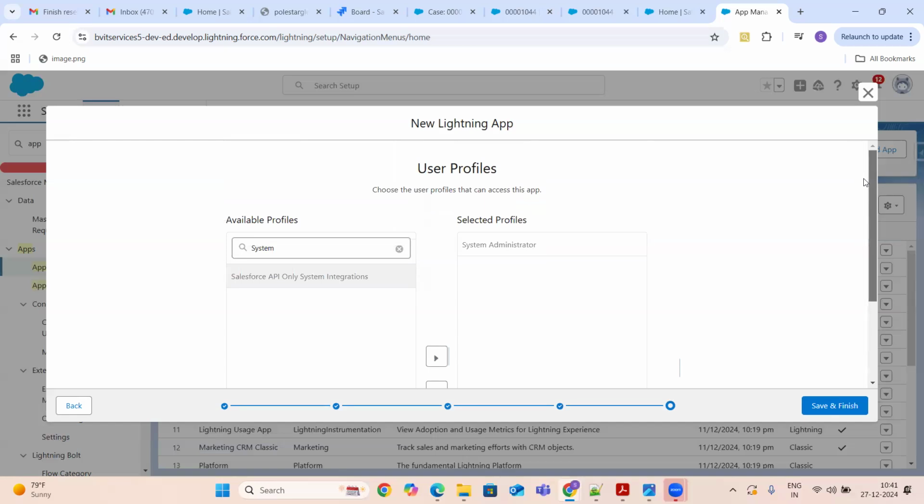So this is how, when we are creating the app, we can configure what all objects I need and which profile users have access to that particular application. Right now I have given access only to the system admin profile user. So if any user with another profile logs in, they can't see this application. This is how we can provide the security. Click save and finish.